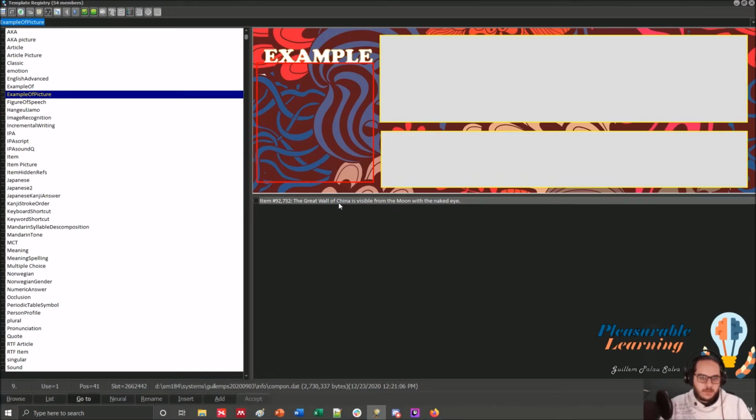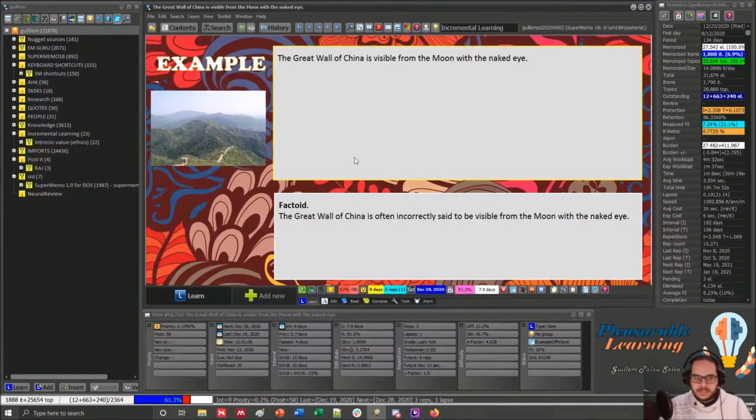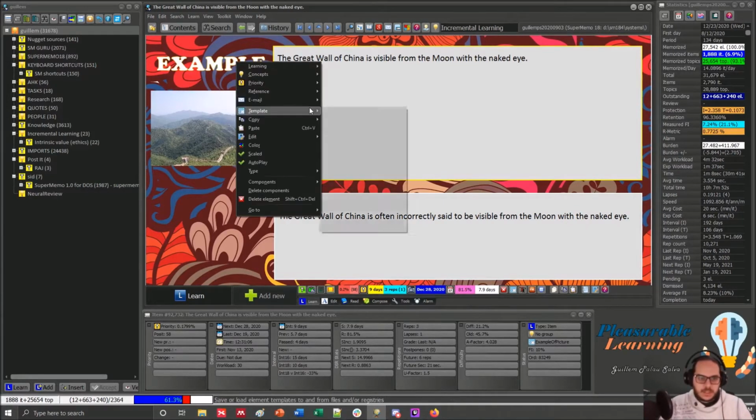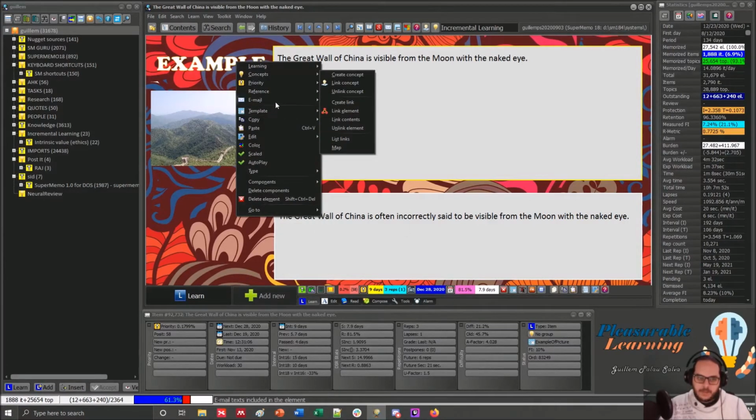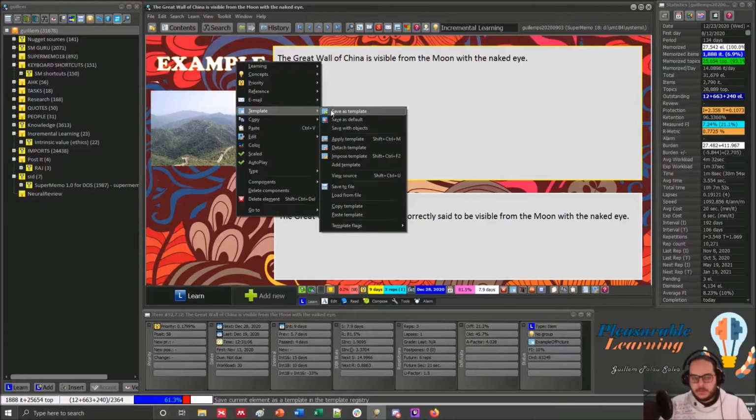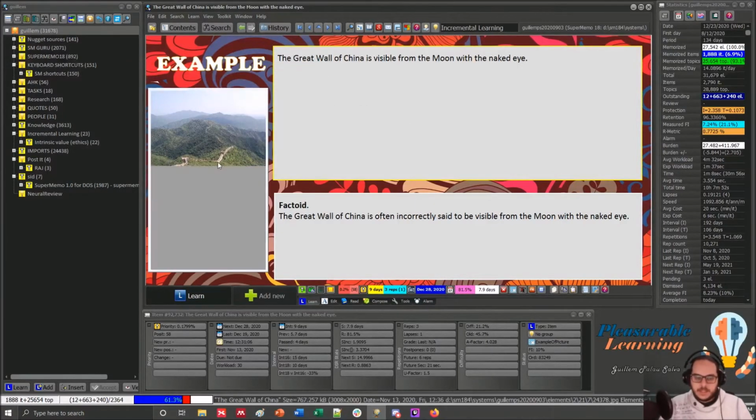It's more eye candy, more pleasing, more aesthetically pleasant. But as you can see, the example word is in the picture itself, it's not a component. Because what you do is save template and save with objects. I don't like that approach much, so I really want to hard code everything and just save a plain and simple template, and in that case the picture of that item.